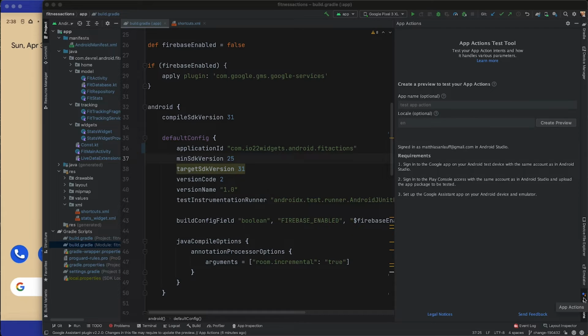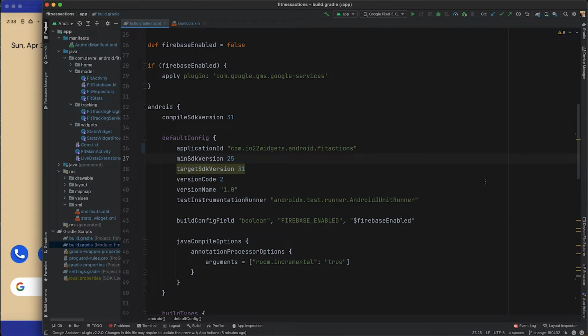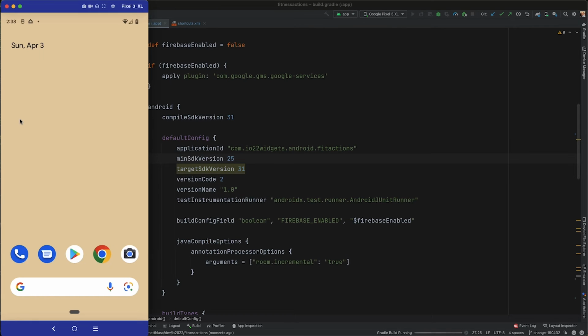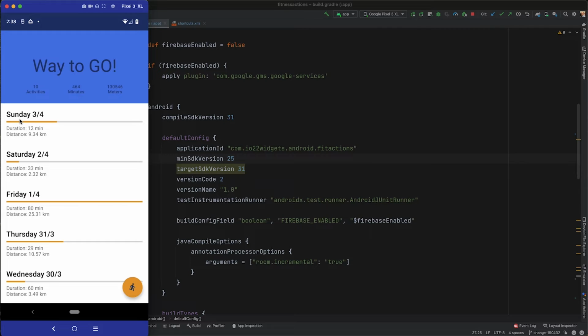With the base code loaded into our project, we will first get an idea of what this code already can do. For that, we select the deployment target in the devices dropdown and hit the Run button. In my case, I'm using a physical device projected on my computer screen. The device is connected to my USB port, but you can also use a virtual one that you've created using the device manager in Android Studio. You see here the landing screen of our fitness app showing the last activities recorded by the app. Let's now take a look at the existing widget that we will reuse in our CodeLab.